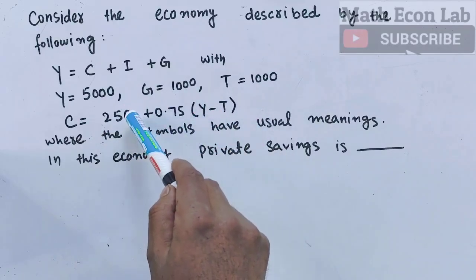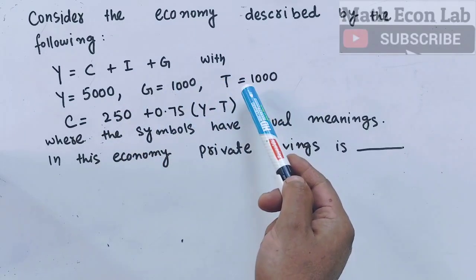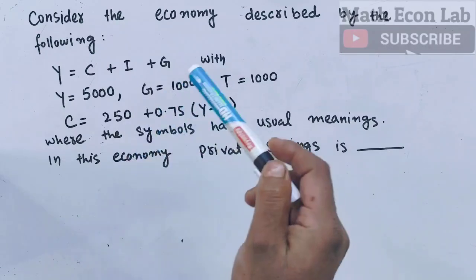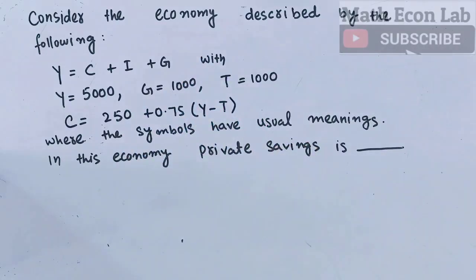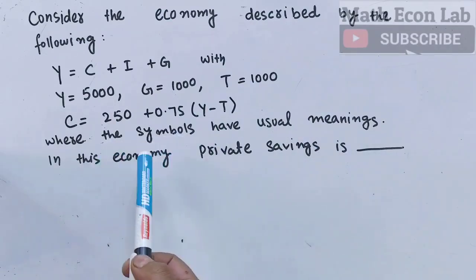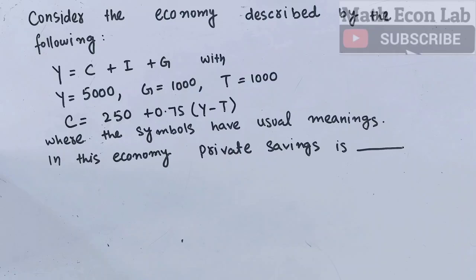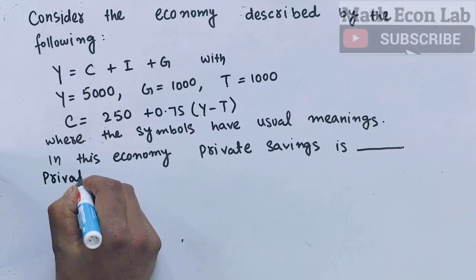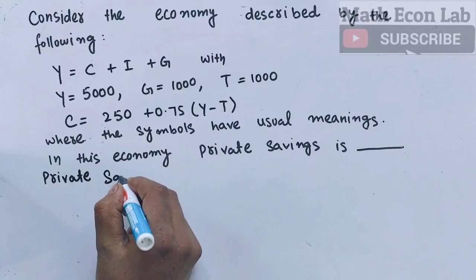250 denotes the autonomous consumption when the level of income is 0. 0.75 denotes the marginal propensity to consume, and Y - T denotes the disposable income. Where the symbols have the usual meanings, we need to find out the private savings in this economy. Okay, so private savings, if I write it here,